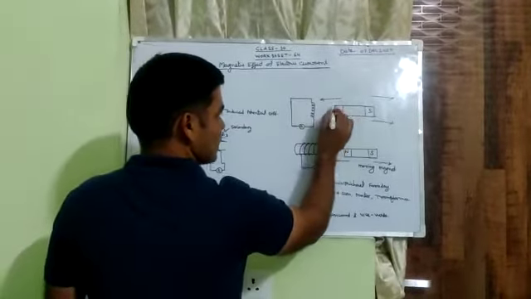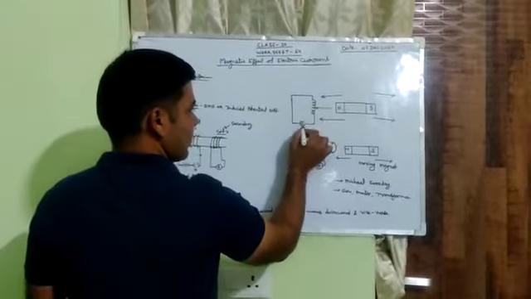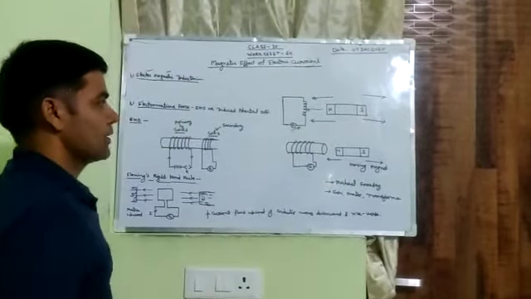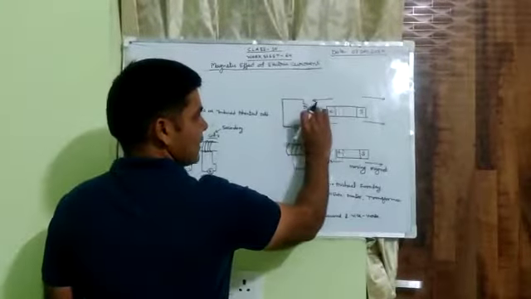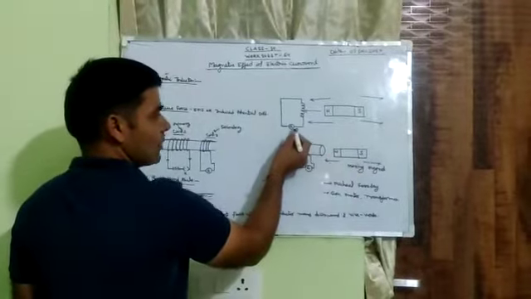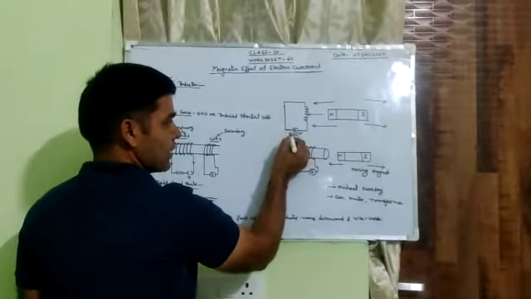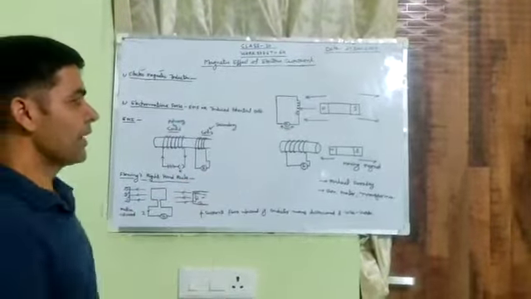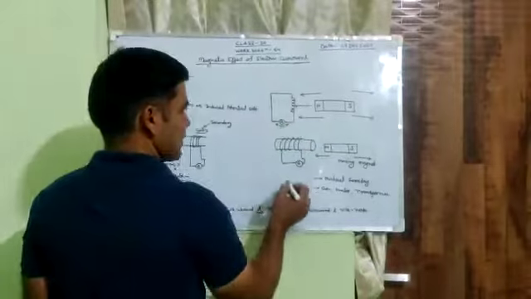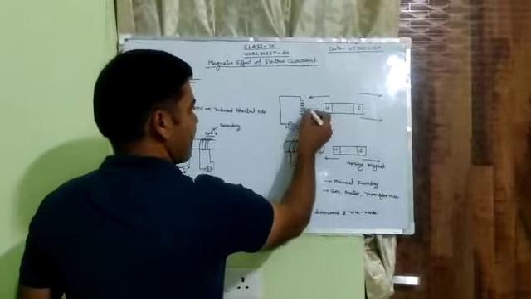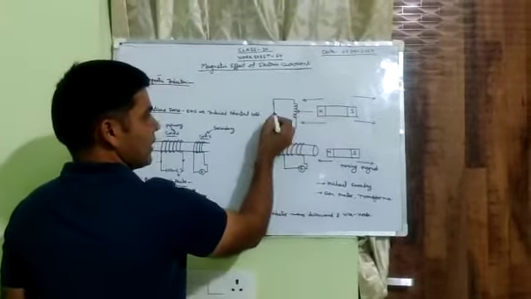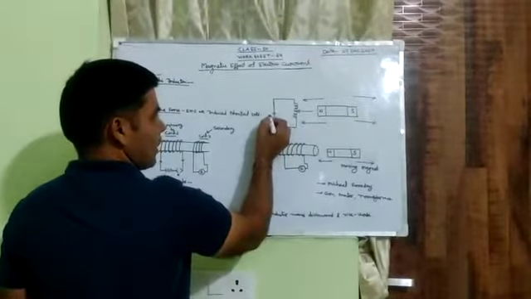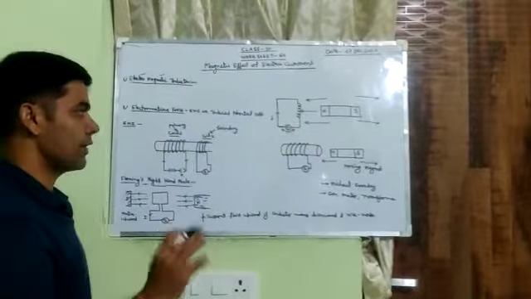If we move the magnet inside the coil, there will be a deflection in the galvanometer. The second time, if we take it out and move it away, then again there will be a deflection, and that will be in the opposite direction. What does this deflection show? That means current is induced. When it is moving inside, current is induced in the upward direction. When it is moving downwards, away, then the current will be induced inwards.